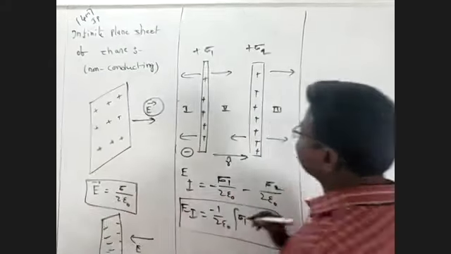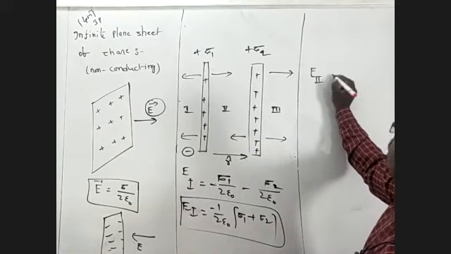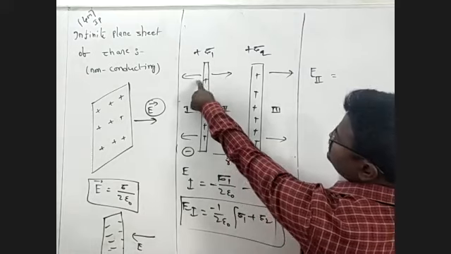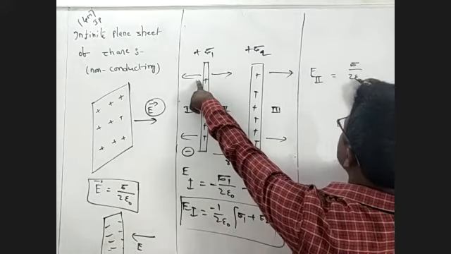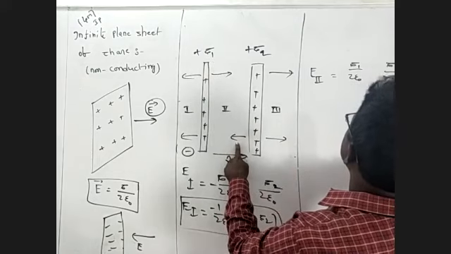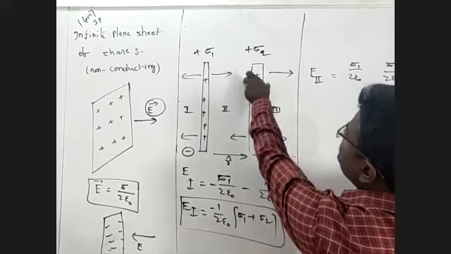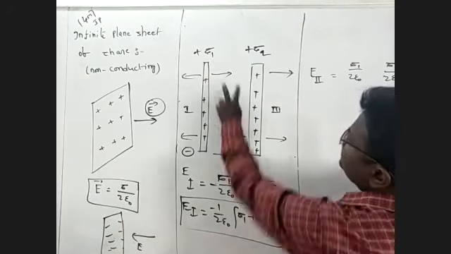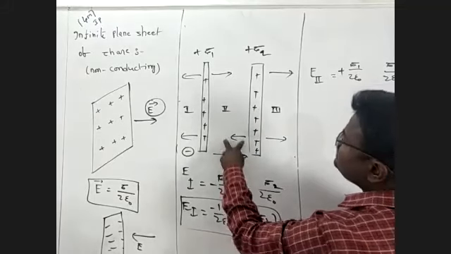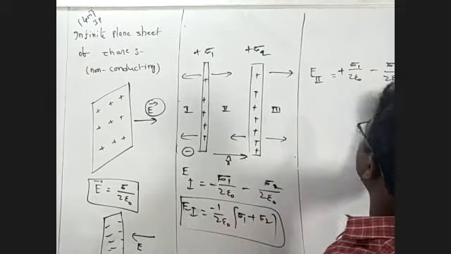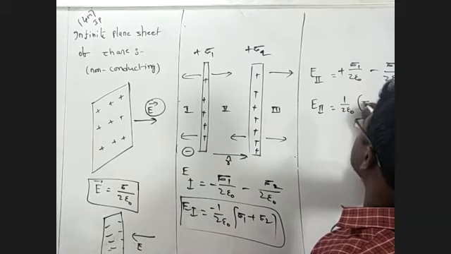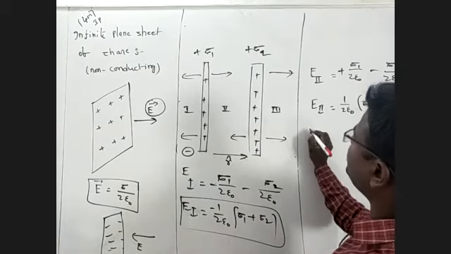In the middle, you see this is E2. E2 is equal to what? 1 and 2. This belongs to this plate: sigma by 2 epsilon naught, sigma 1 by 2 epsilon naught is constant. This is another arrow mark, sigma by 2 epsilon naught. This arrow mark belongs to this plate, sigma 2 by 2 epsilon naught is constant. So this E bar and R bar are both in the same direction, which means positive. This E bar and R bar are in opposite directions, which means minus. Now 1 by 2 epsilon naught, sigma 1 minus sigma 2. This is the answer for E2.